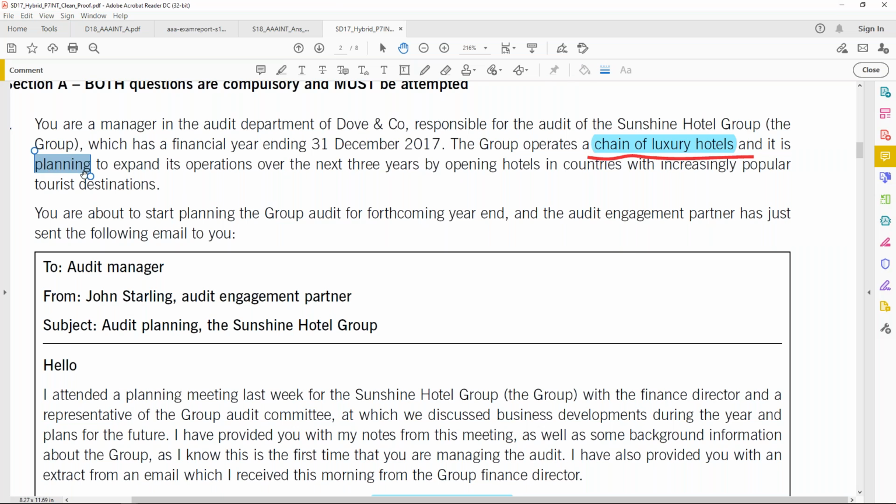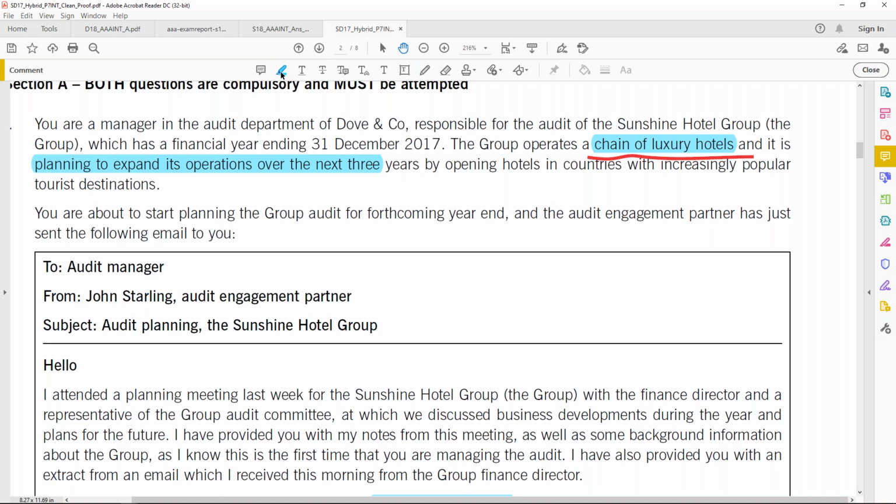Planning to expand operations. Do you believe that if the business is planning to expand operations over the next 3 years, it will require a lot of capital expenditure? It requires a lot of loans from the bank to expand its operation? Can it increase the gearing risk for the business? But again, is the examiner developing this point, or just giving us an idea that the group is planning to expand over the next 3 years? I should not write this as a business risk unless and until the examiner develops the point later.